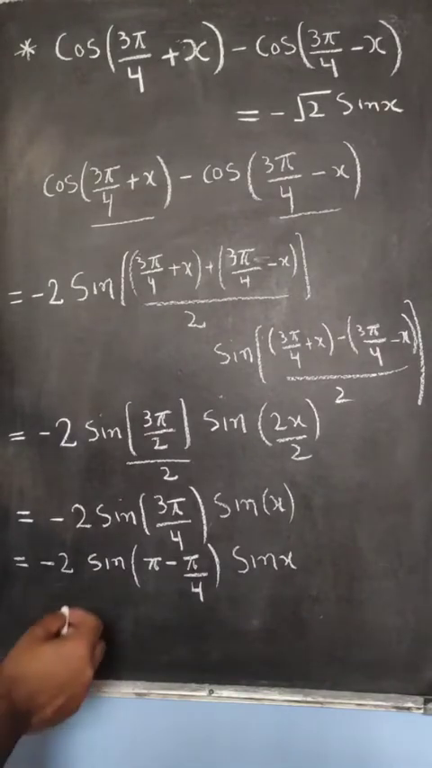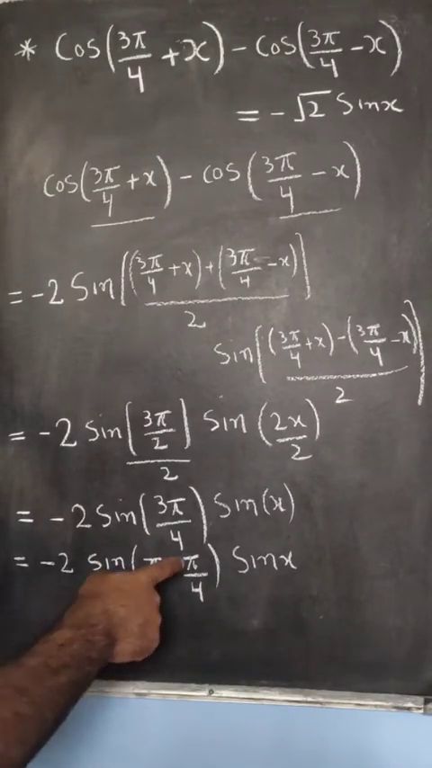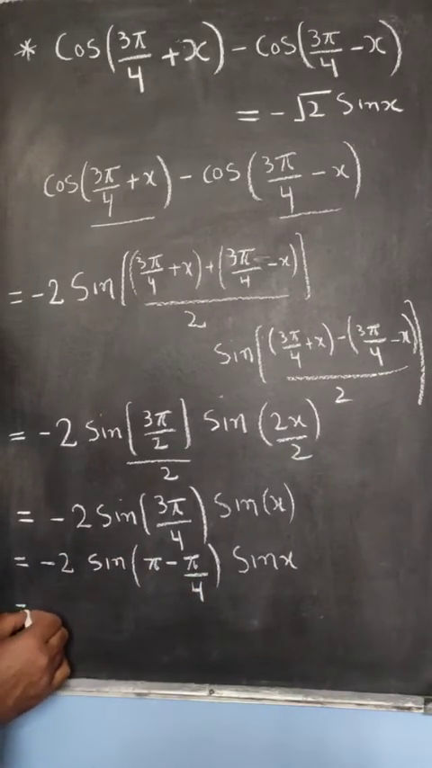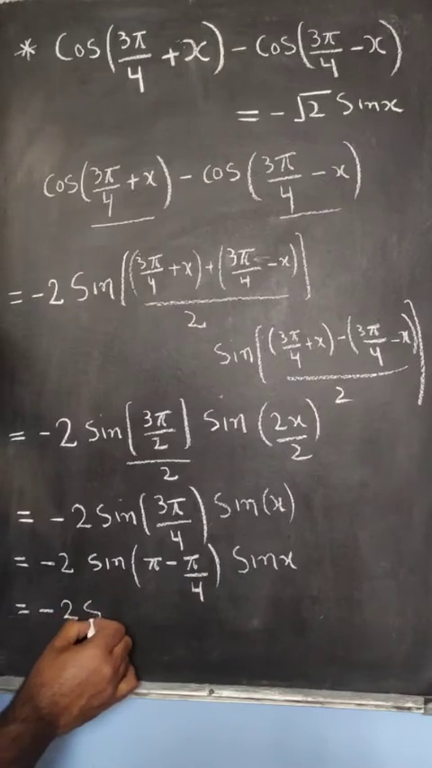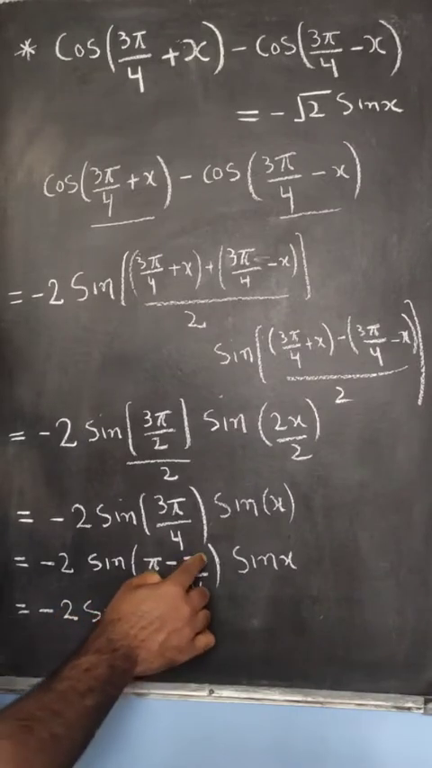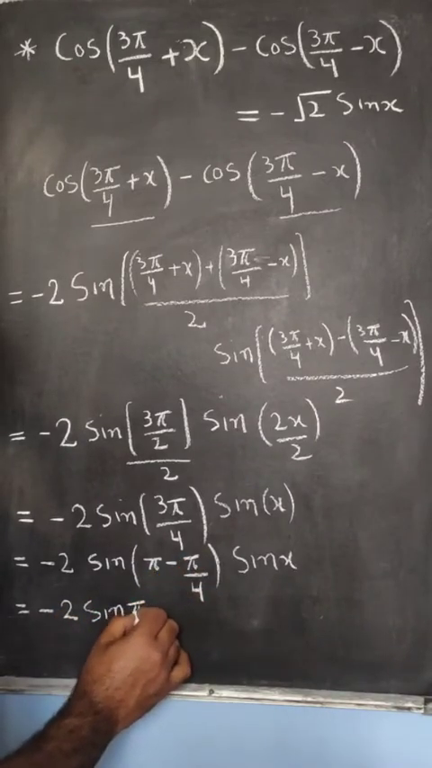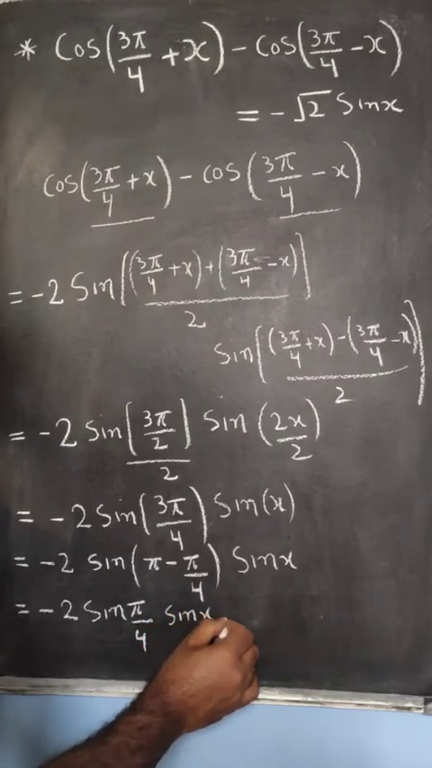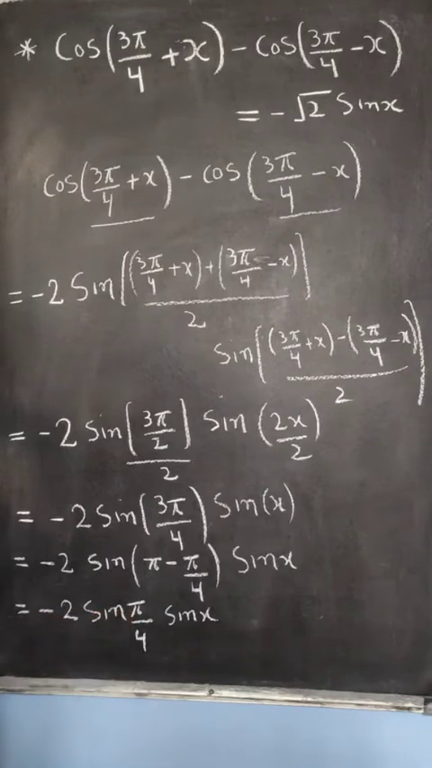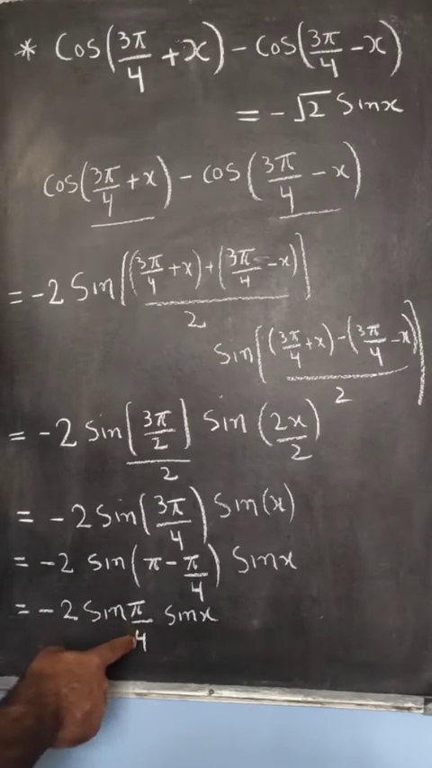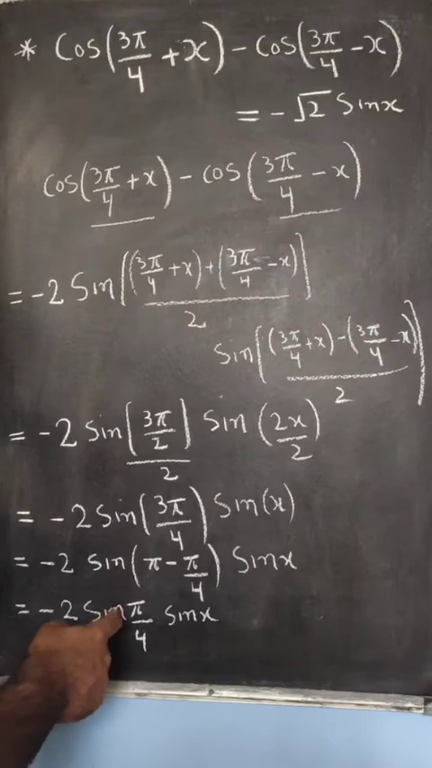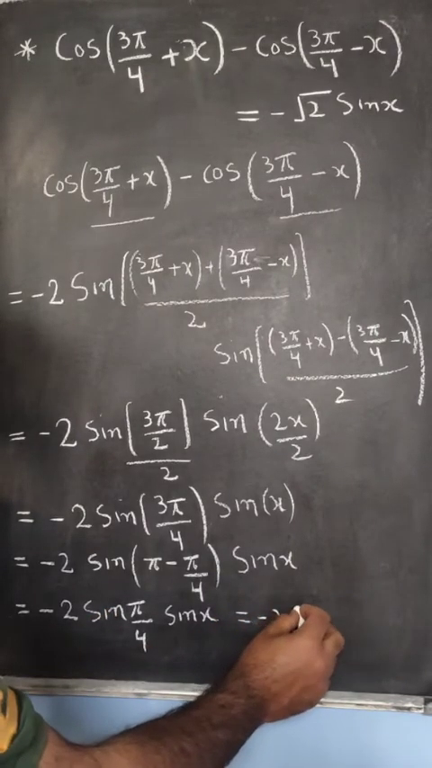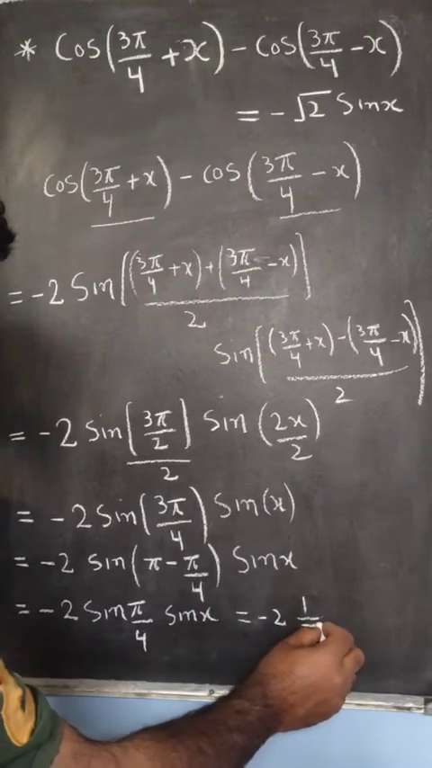Now, we know that sine pi minus theta is equal to sine of theta. So we can write minus twice sine. Here theta is pi by 4. So we write sine pi by 4 sine of x. We know that sine pi by 4 or sine 45 is equal to 1 by root 2. So we can write it is minus twice 1 by root 2